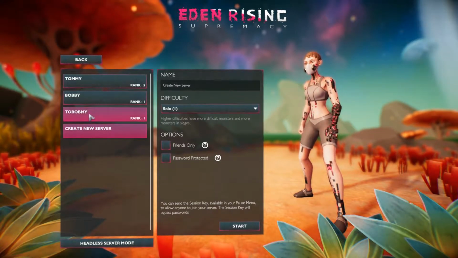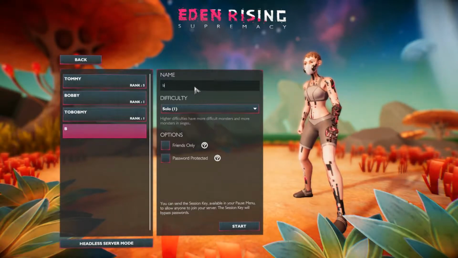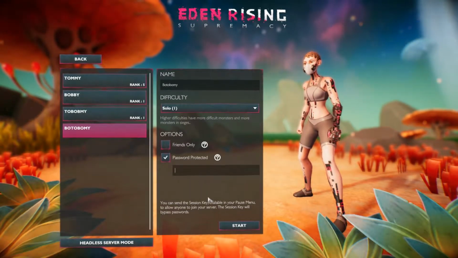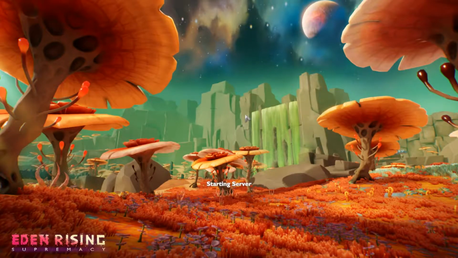We've got Tommy, Bobby to bob me, and Batabomi. We're going to protect it with this password. And we're going to let the server run up, and I'm going to explain a little bit more about the